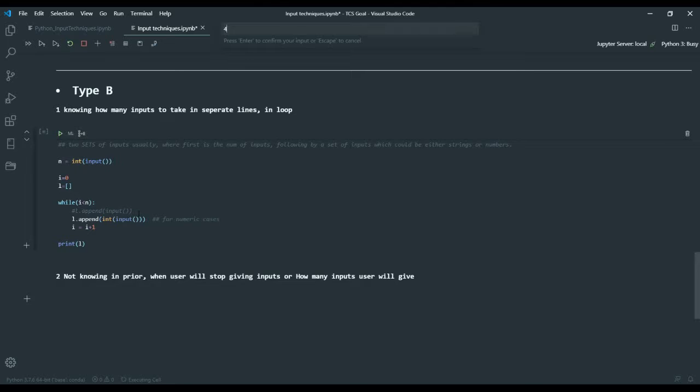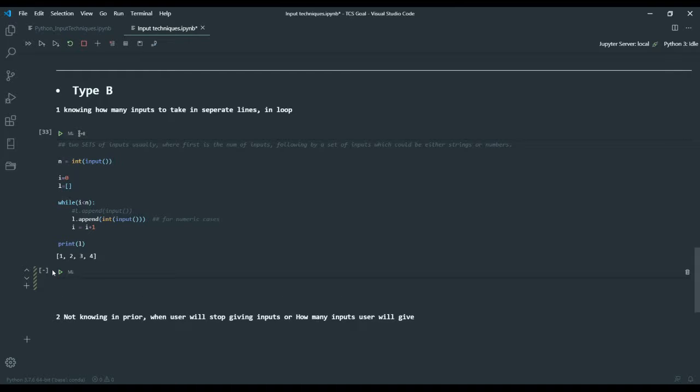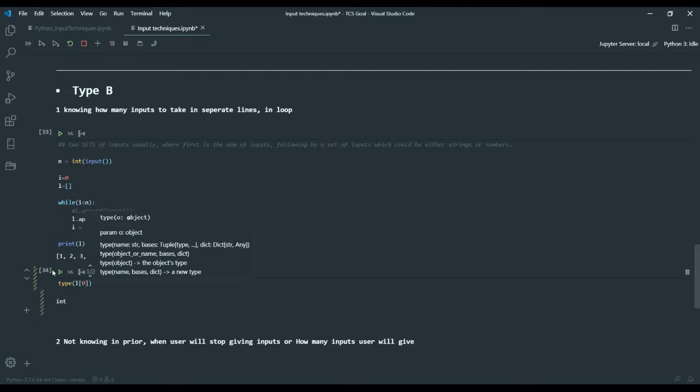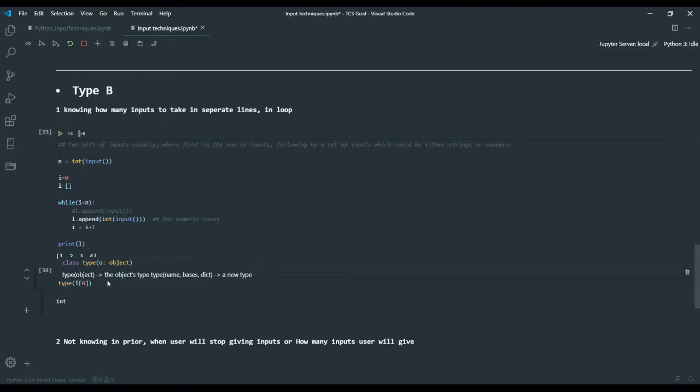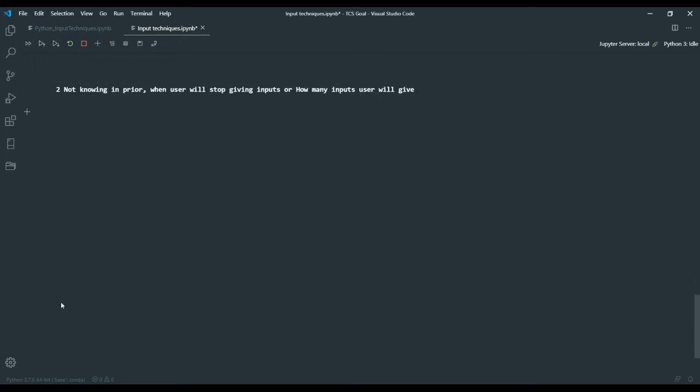And just in case there are situations where you will have a list of items, instead of numbers you will have strings, as we discussed in the previous video. So as you can see, it is just simple. Wherever you want numbers, you will have to use int, and if you don't want int and you're dealing with strings, you will just use the normal input, because you will be getting strings by default in Python.